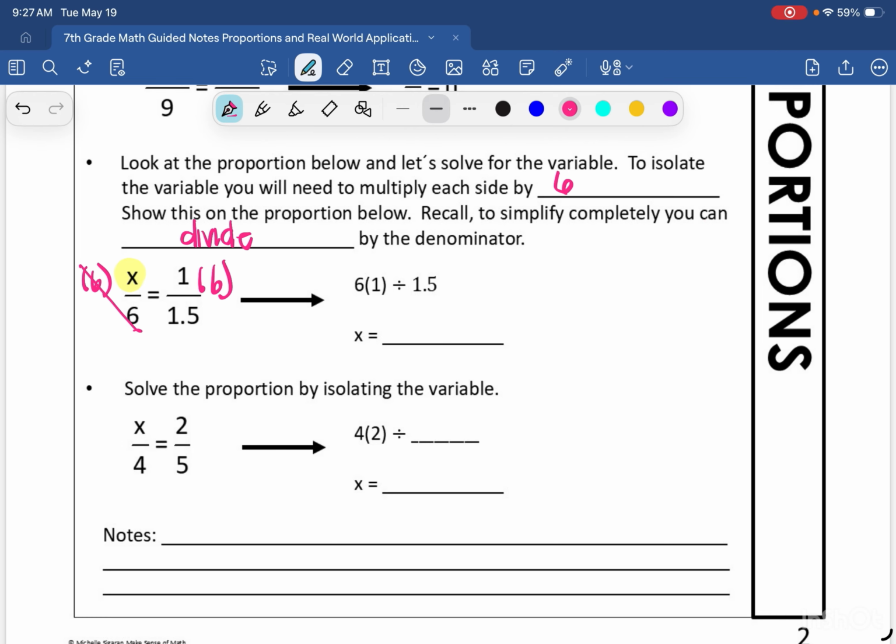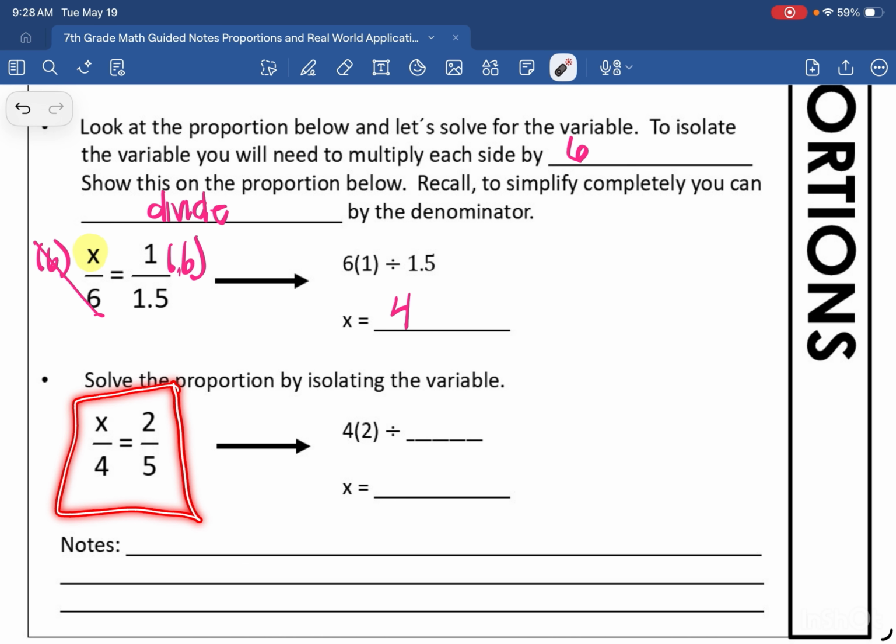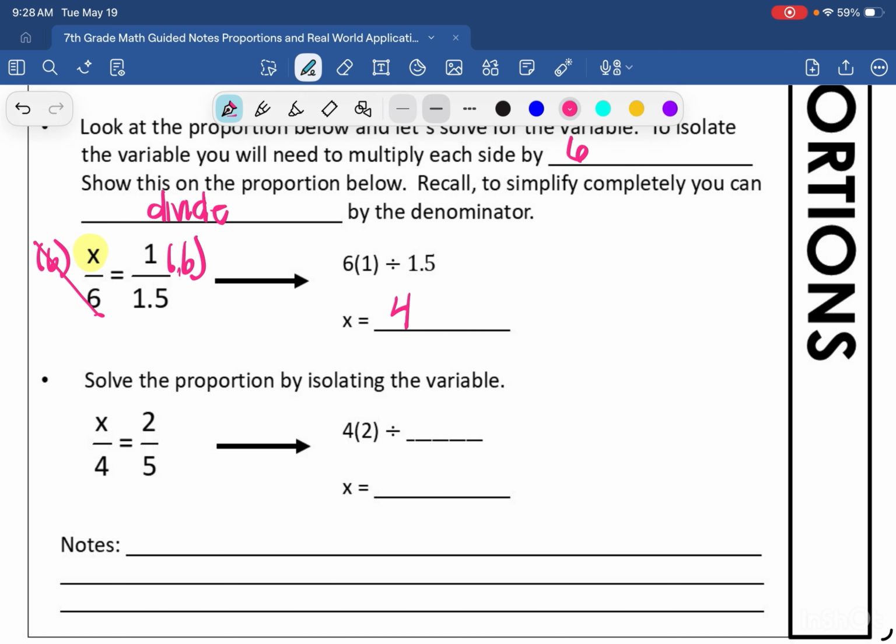So it's saying I need to divide by 1.5, so 6 divided by 1.5, I get x equals 4. Solve the proportion by isolating the variable. So I want my x to be alone, so I need to get rid of the 4. So I'm going to multiply each side by 4, and these are going to cancel out and give me 1,